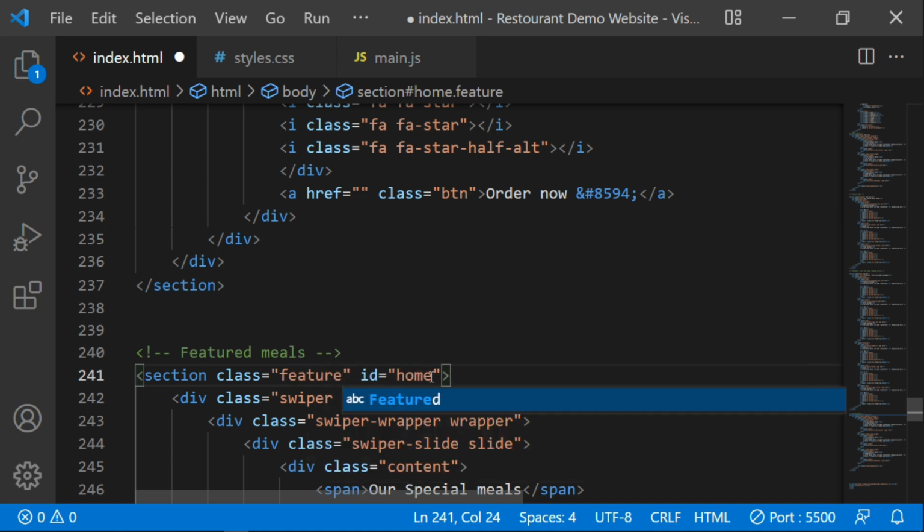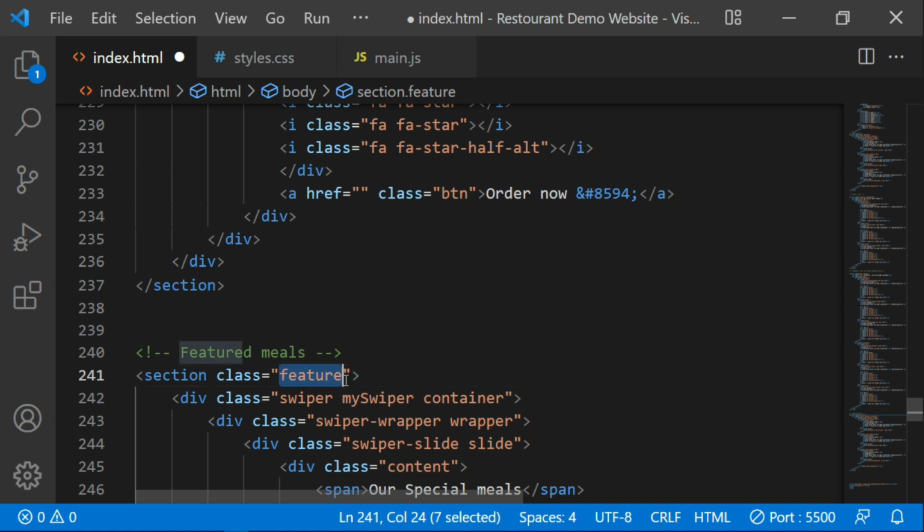Also the ID. For the ID, let me just remove it, I don't need it here. So let me say featured,